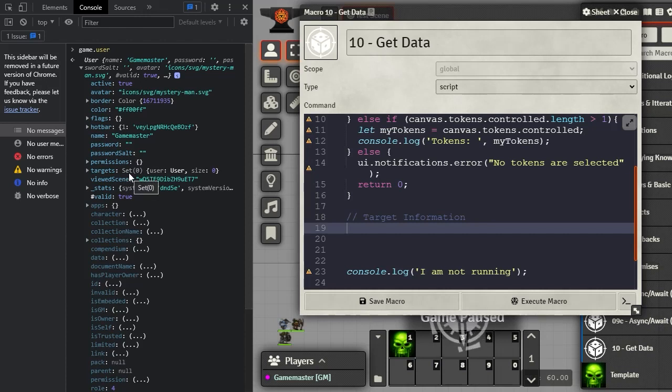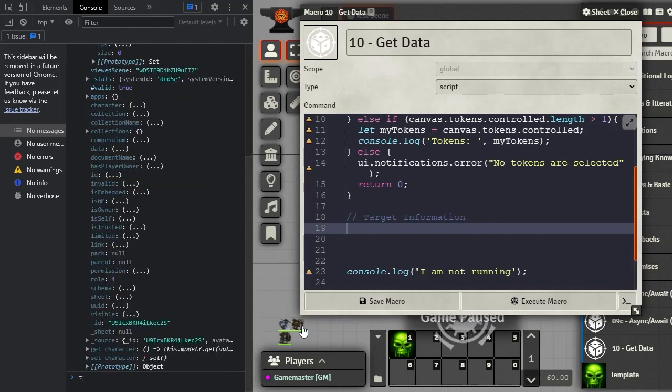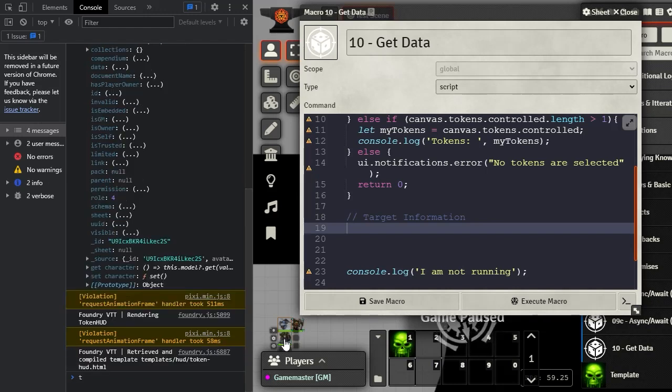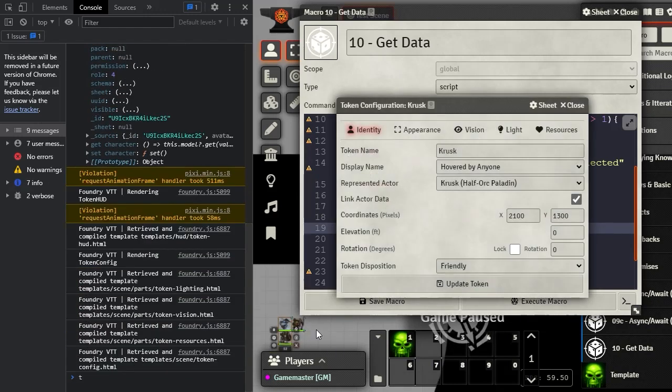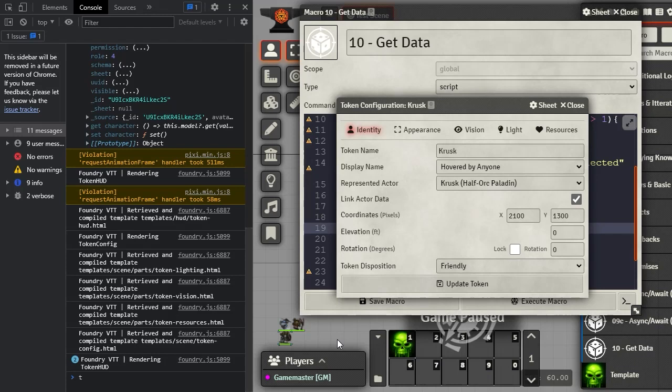Now, a thing about a set, and I believe a map also, I think I talked about this earlier, is that a set is an unordered list, which means you can't access data from a set because you don't have a key value type pair. Right now we have no entries, but let's go ahead and maybe do a target. Oh, we can't do target that way. Can we target that? Yes, shift and hit T on that guy. Actually, it doesn't look like it targeted him. Did it target? All right, let's do this the old-fashioned way then. Right click and say target. So now we have,